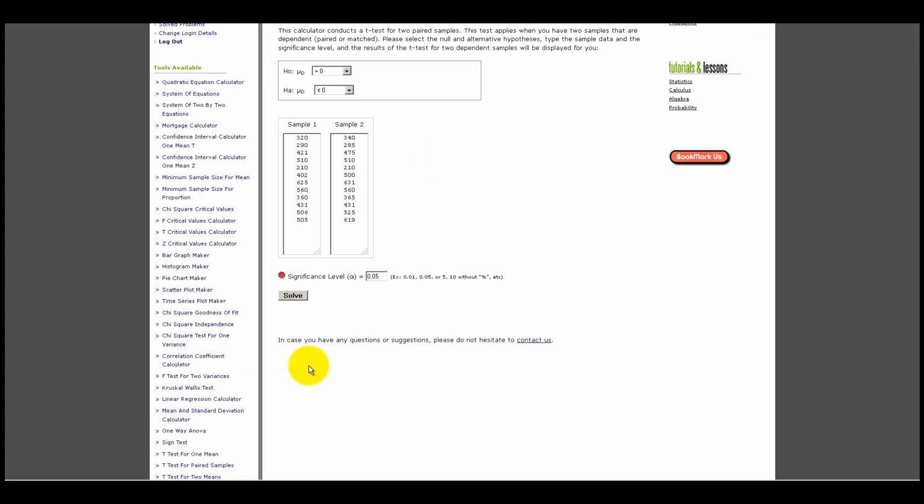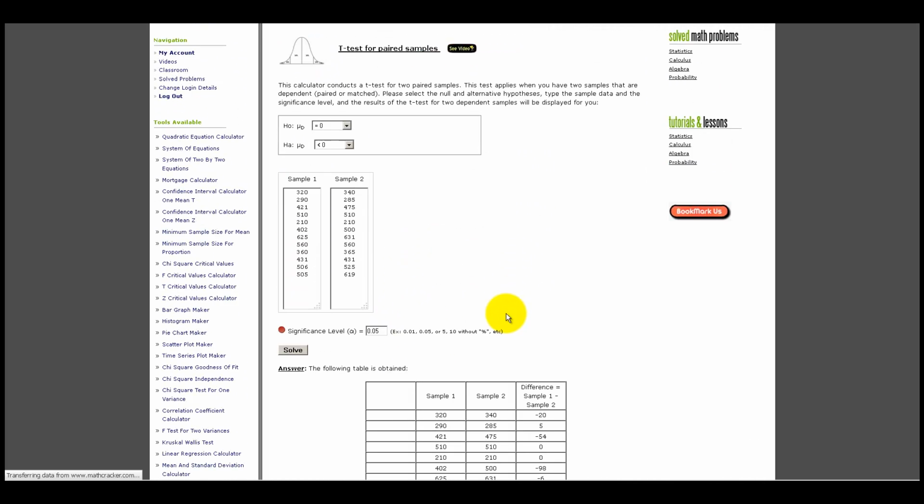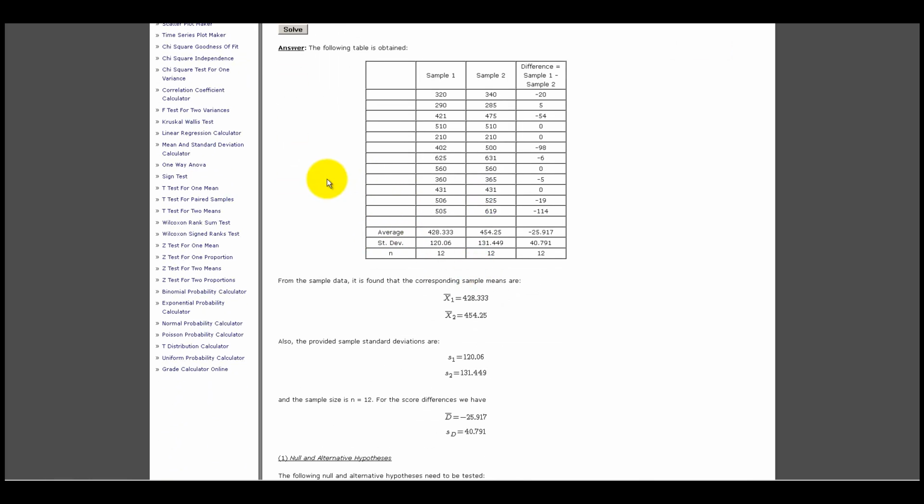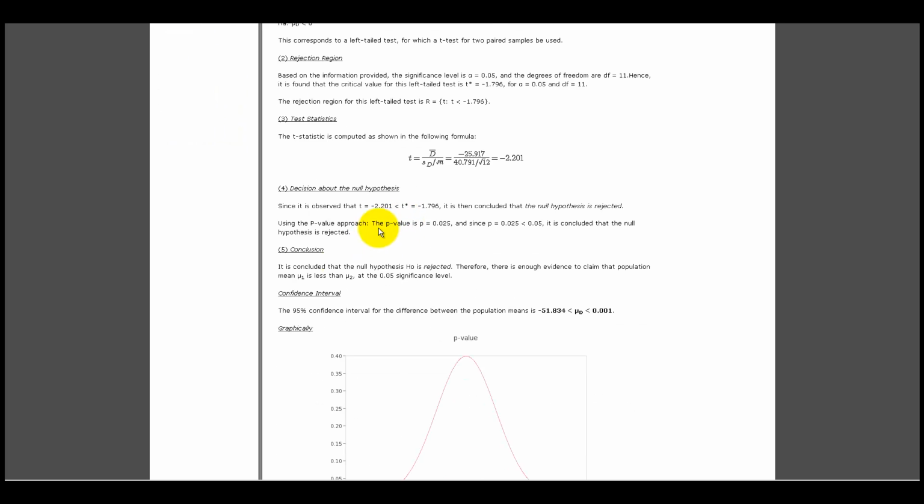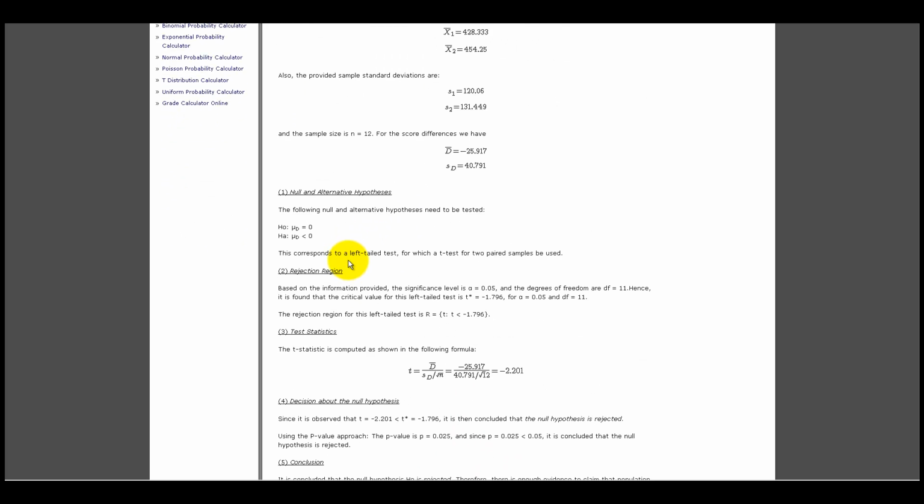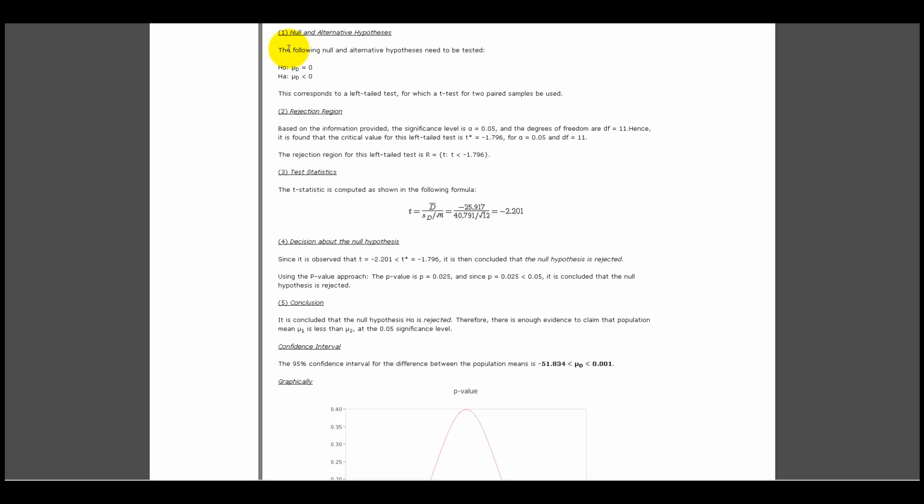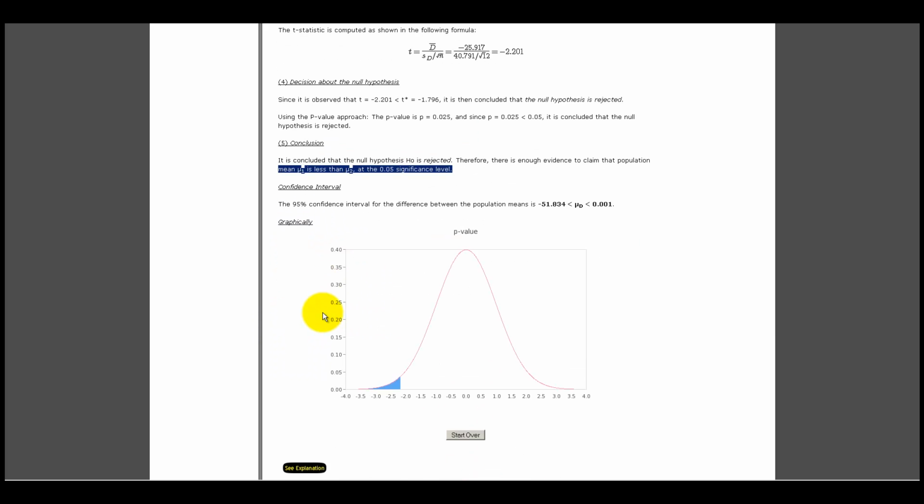And that's it. Voila, all you have to do is just click the solve button, and you have your solution. Depending on the mood of the server, you're going to get some speed here. Okay, so you can see here you have a very, very detailed account of the procedure: the null and alternative hypotheses, rejection region, critical values, test statistic, all the formulas, all the calculations, decision about the null hypothesis, conclusion, confidence interval,